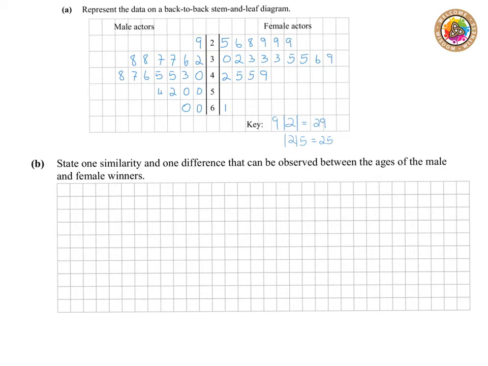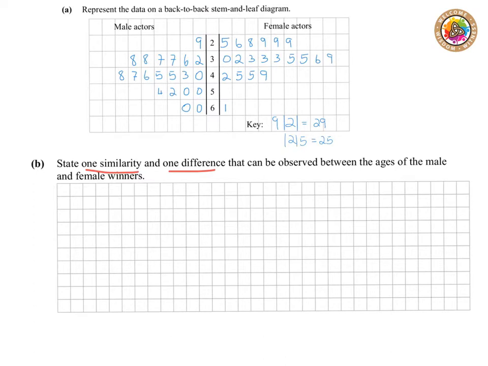Okay, so in question B here we're asked to state one similarity and one difference that can be observed between the ages of the male and the female winners. Now, if I look at my stem and leaf diagram, I can see there's a few similarities. They have similar ages in both, so that the range here is 29, it goes up to 60. The range here 25 up to 61, so we might compare that as a similarity. Similar shape distribution for the most part. Obviously this goes a little bit more. There's a little bit of a skew, but